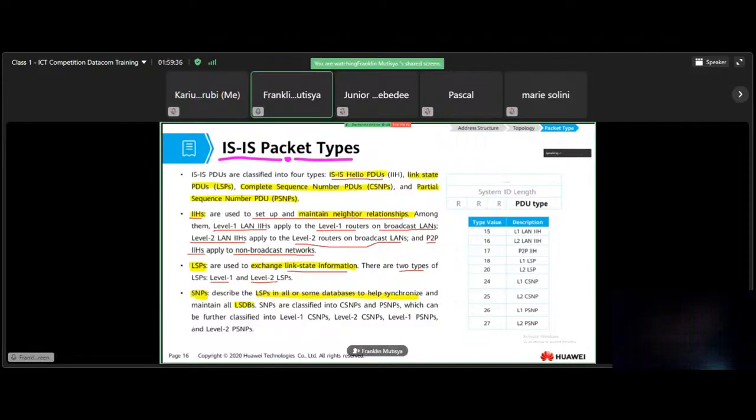Then the third type of packet is called a sequence number PDU. So this one describes all or some databases to help in synchronizing and maintaining LSDBs. So sequence number PDUs are classified in